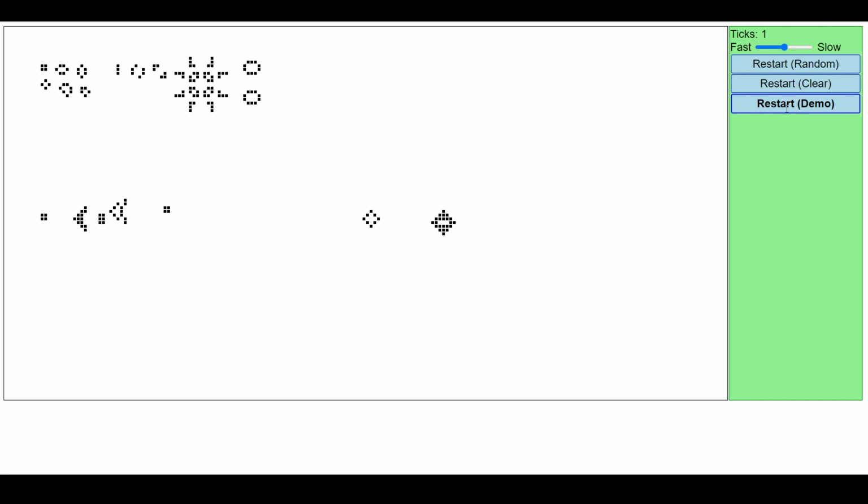Let's do it one more time just so we can watch these shapes, because now what I want to do is do a sort of a more massive demo and watch some of the cool shapes that appear as we do. Okay, so pay attention, you'll probably see this shape showing up a lot, and likewise with this one. But now what I want to do is just restart it on random. So when I said random, it's just going to randomly put living and dead cells in there. And you'll notice the very first thing, let's just do it one more time, restart at random, is we got